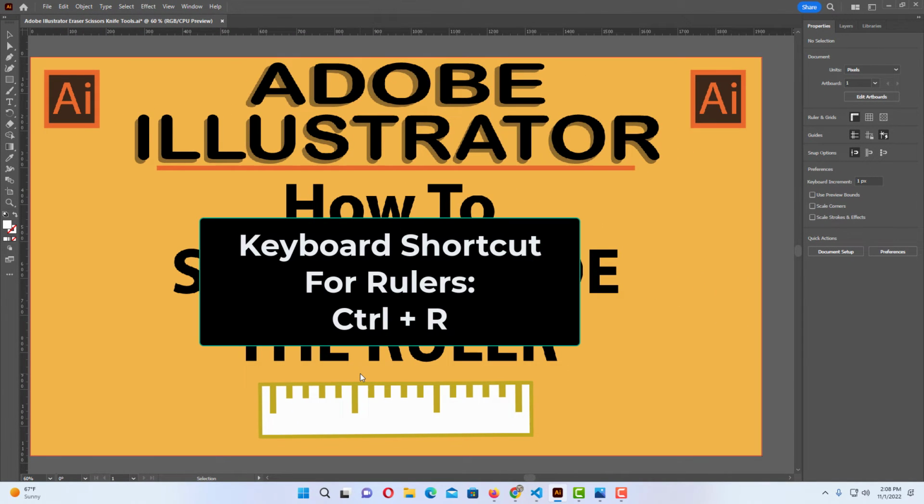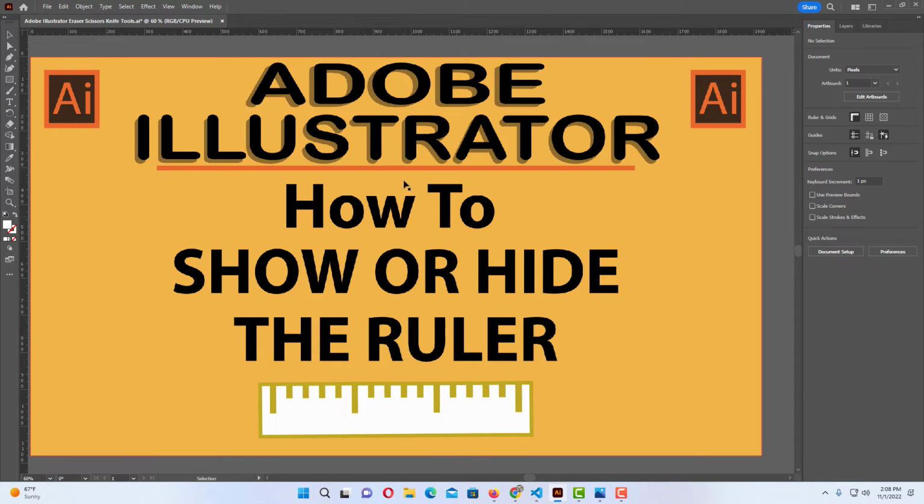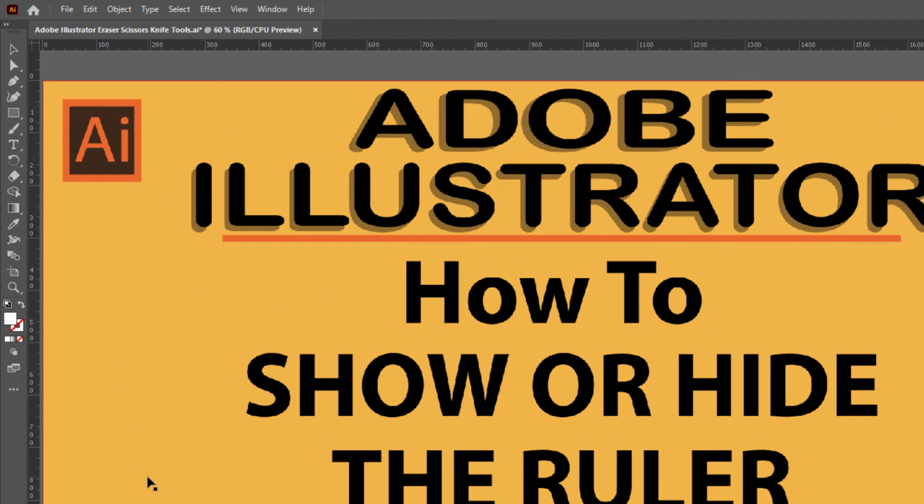The keyboard shortcut for the ruler is Ctrl R. I would assume on a Mac it would be Command R. But as you can see right up here, the ruler is now showing at the top and off to the left side. And to turn it off, you could either go back to View